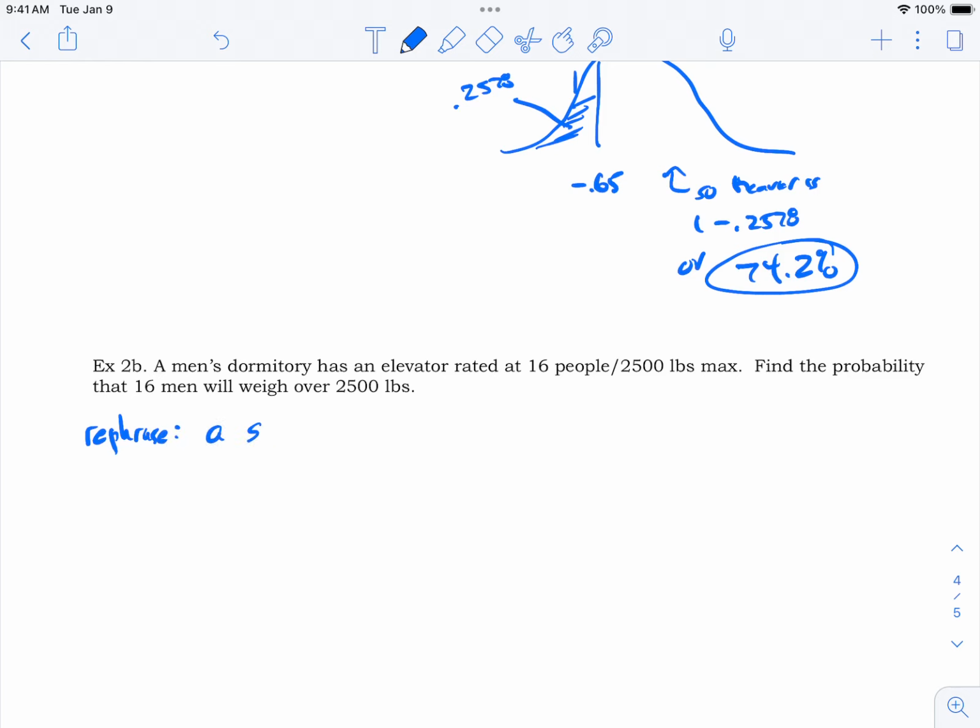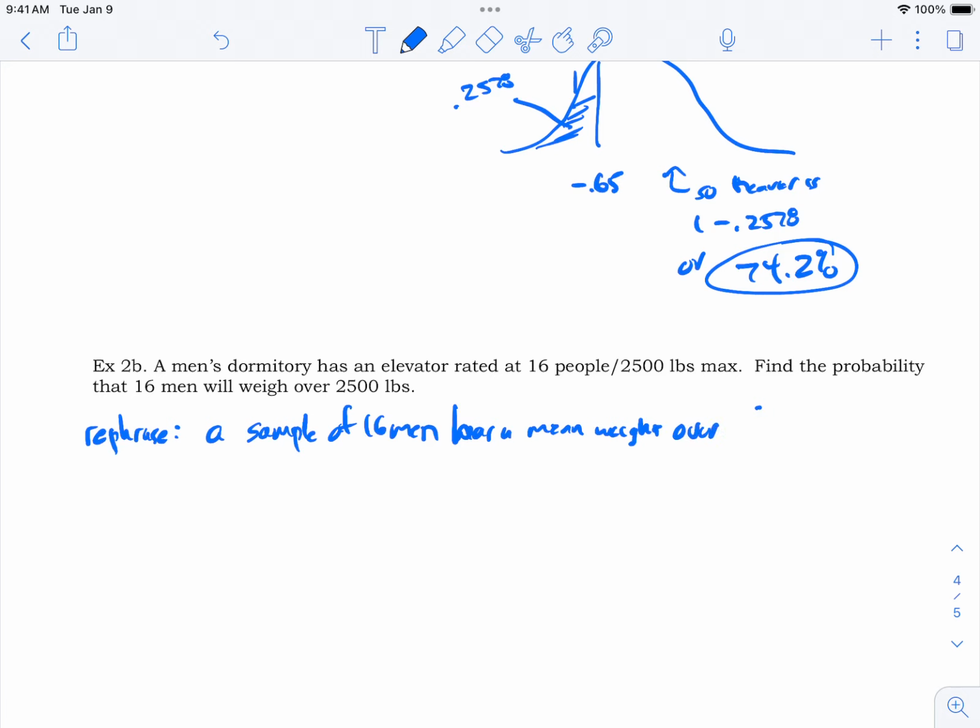We have, let's call it, a sample of 16 men gets on the elevator. No, men. I got statistics on my brain here. A sample of 16 men has a mean weight, because that's how the central limit theorem works. We're talking about means of the sample, as a mean weight